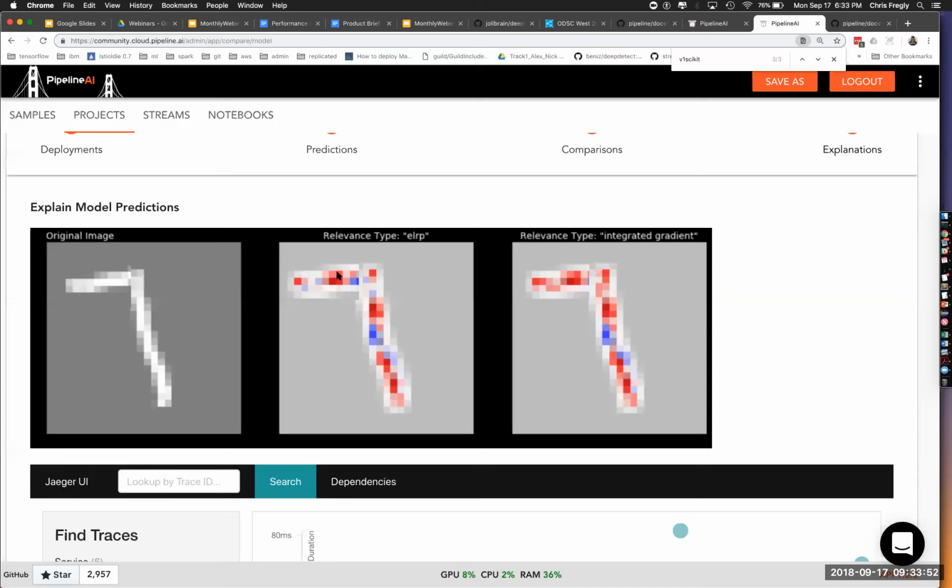And red kind of negatively contributes to that prediction, blue positively, and so pixel by pixel, or group by group, blocks of pixels, you could actually start to explain or at least gain some kind of intuition about why that prediction was made.